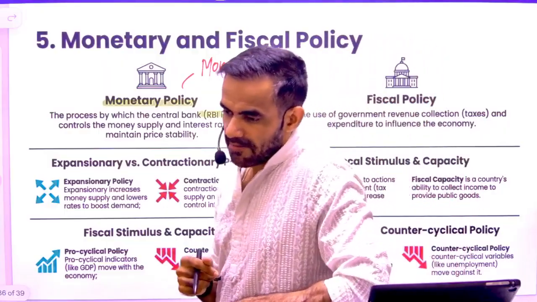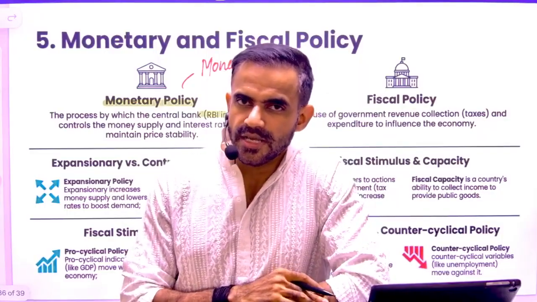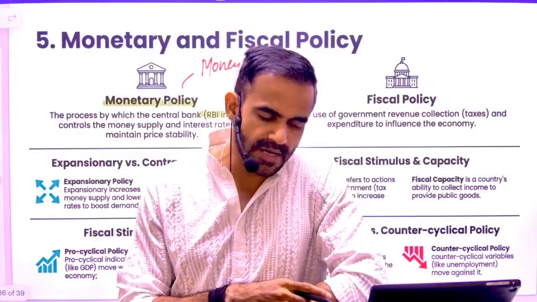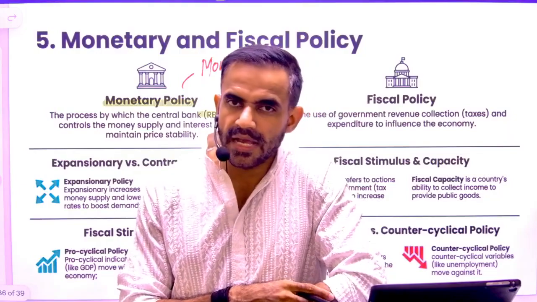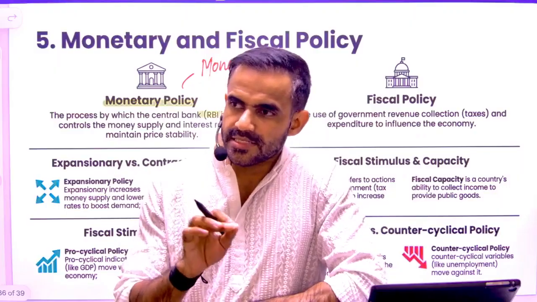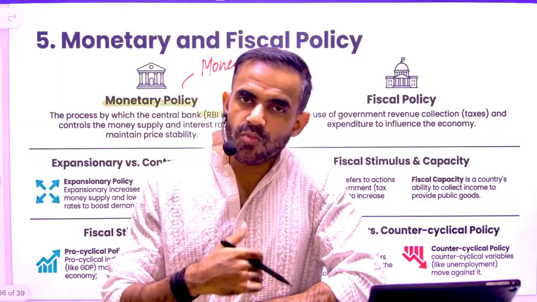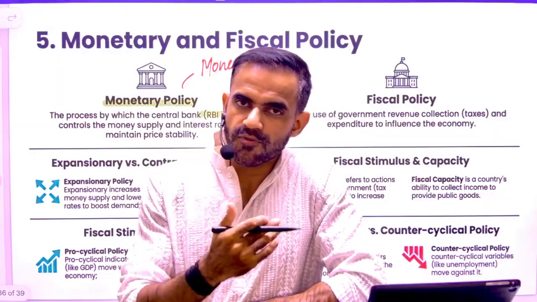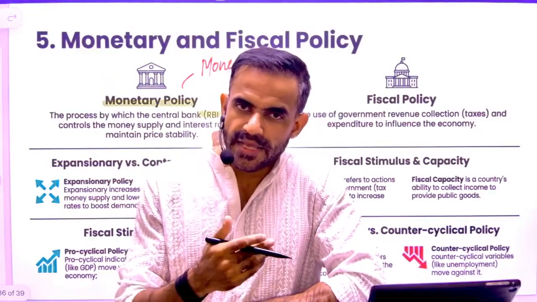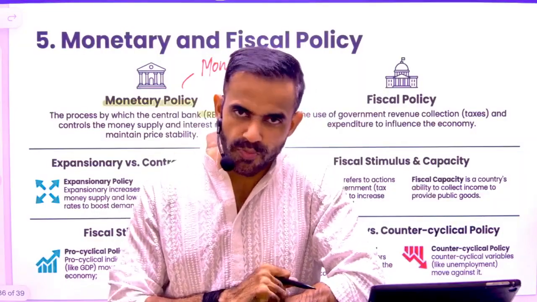How can it increase the money supply? By reducing the interest rate. If it cuts down the interest rate, then what will happen? People will borrow more money. In a very simple sense, banks will offer cheaper credit. Let me give you a very practical example. Let's say you want to purchase a house and you have two scenarios. In one case, the interest rate is 5%. In another case, the interest rate is 12%. In which case will more and more people borrow money for a house? In the first case, where the interest rate is lower, right? Similarly, RBI can increase or decrease the money supply through this interest rate. This is part of monetary policy.